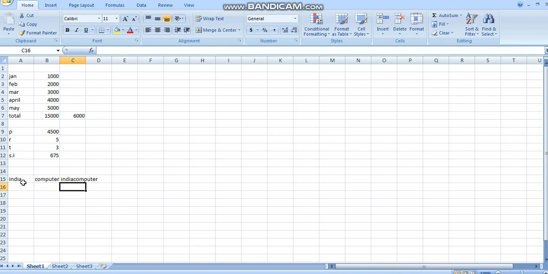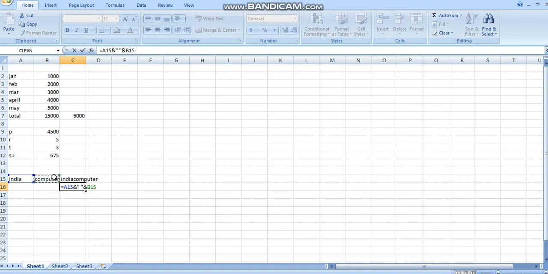Now if I want India and computer to have a space in between, I'll show you in this column. I will start my formula with equal to India. Now I'll write ampersand, and now inverted commas for space: double inverted commas, a space in between, then ampersand again, and then I'll select computer.